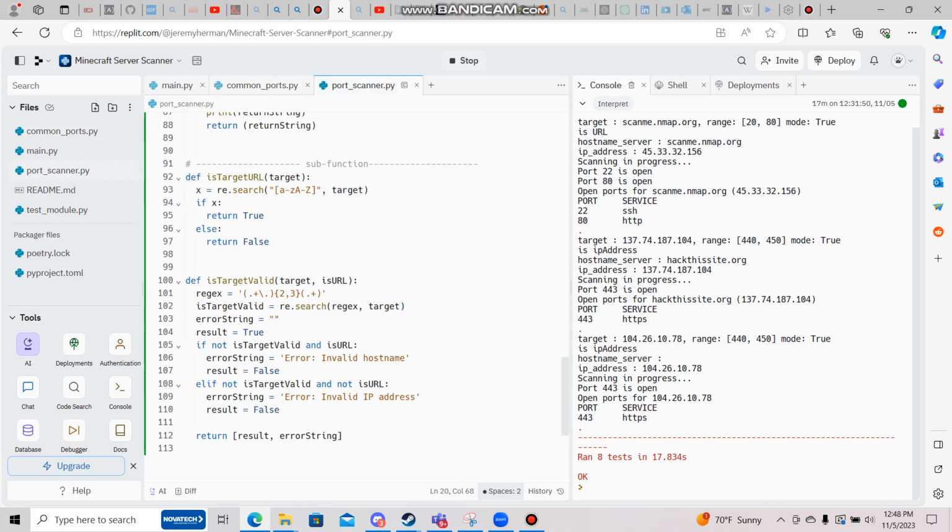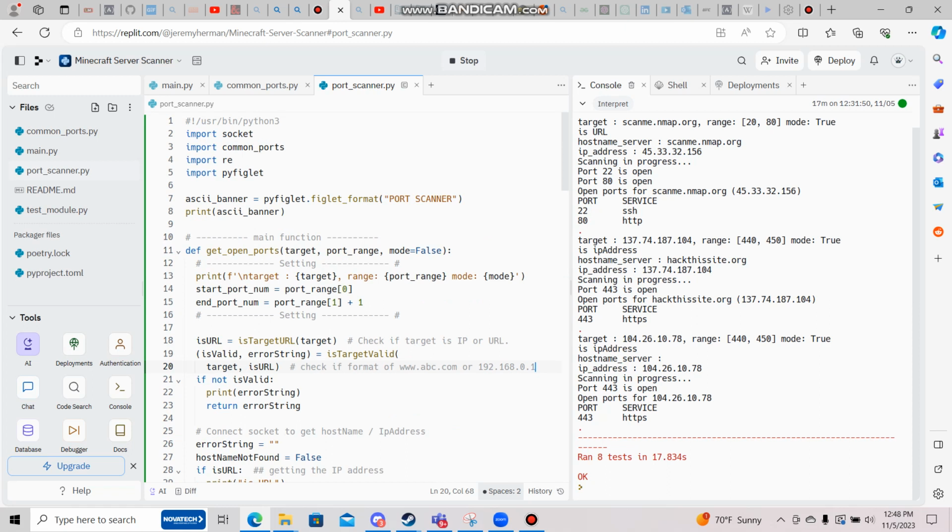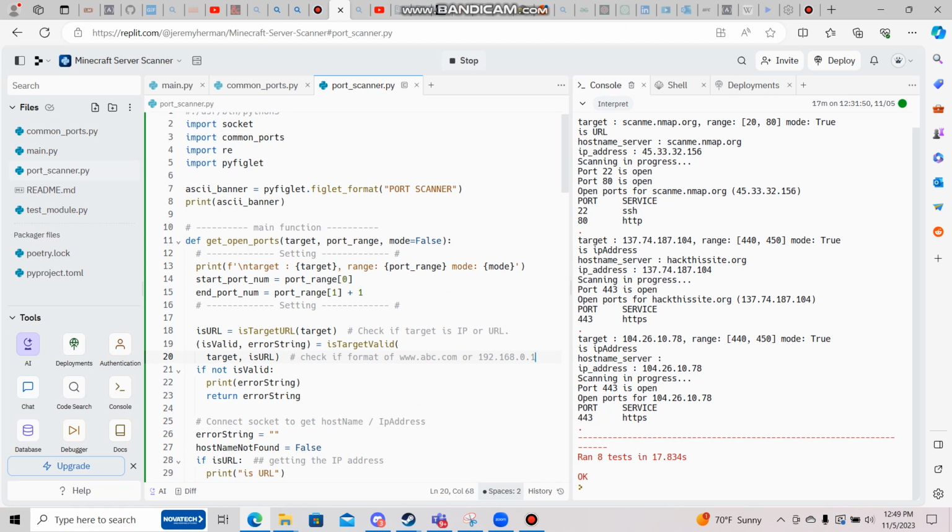Here, the port_scanner.py. Some people were having issues with nmap. The code that I forked had an nmap error, so I took that out, and you can just do it with importing socket. Importing re is just regular expressions. Make sure you also import common_ports so they can interpret that. And this pyfiglet is just so that when you run it, it looks cool when it says port scanner